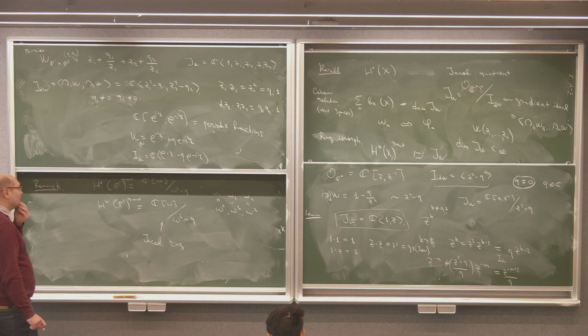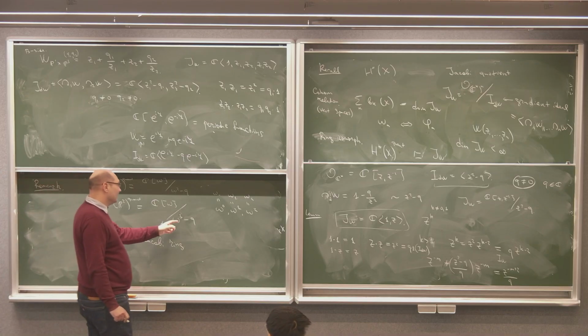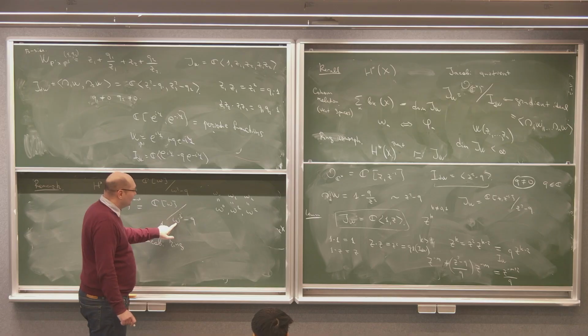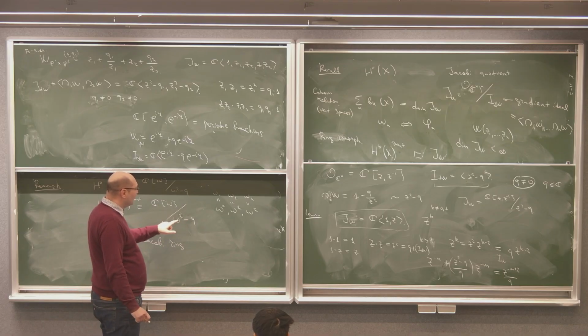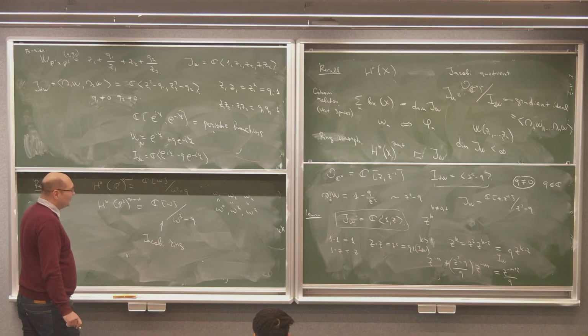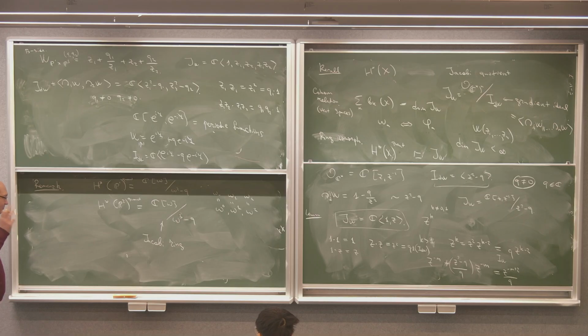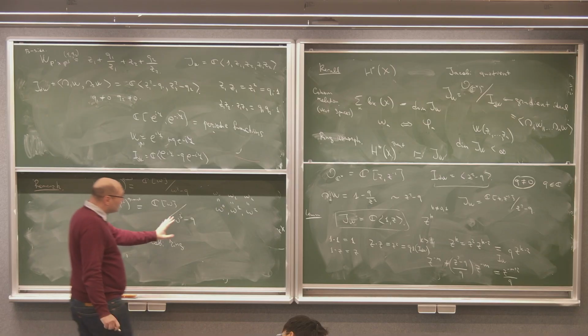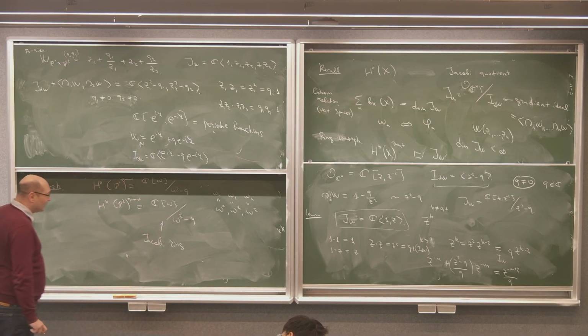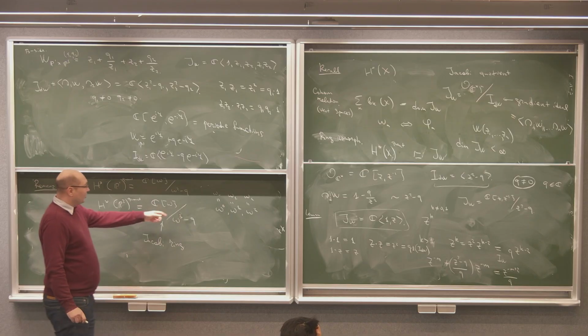Strictly speaking that is true, because omega is a two-form. So when we say that omega cubed equals Q, Q should have some homological degree. But modulo this subtlety,